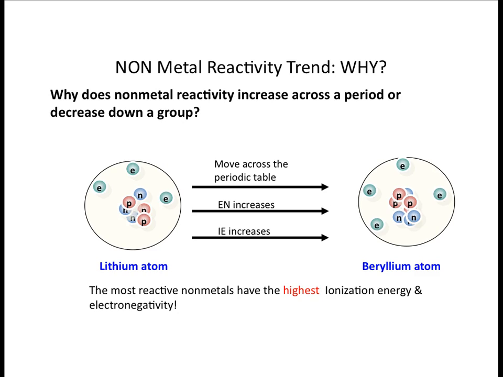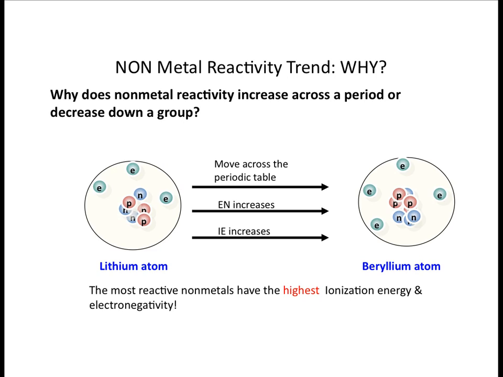The reason for this pattern is ionization energy as well, but also electronegativity. Because the most reactive nonmetals are going to have the highest ionization energies, that means that most atoms will not be able to gain enough energy in order to have electrons removed from the atom. However, with the greater electronegativity value, they have a